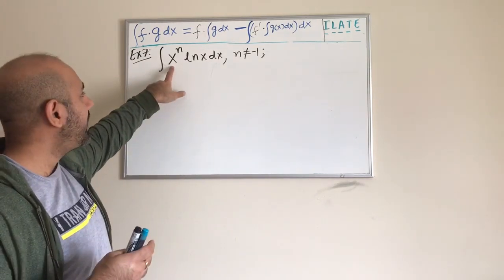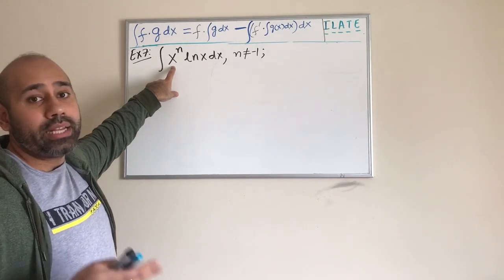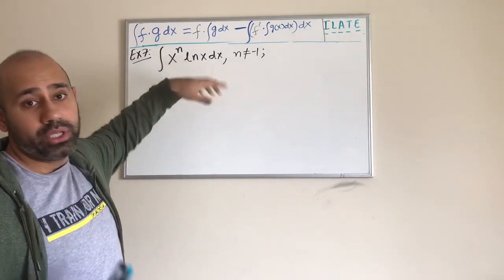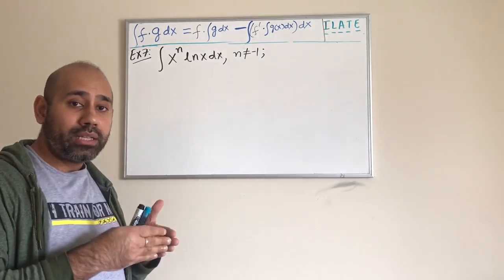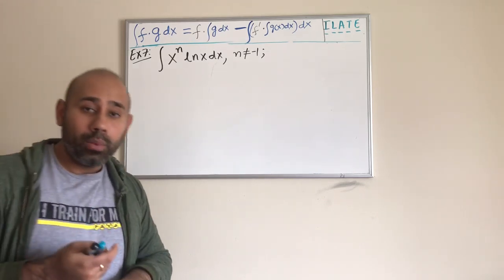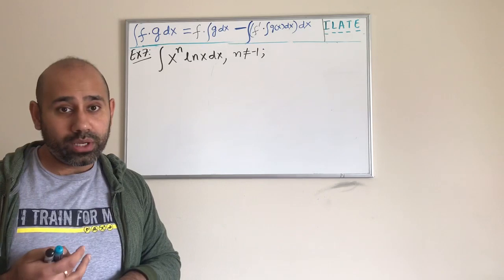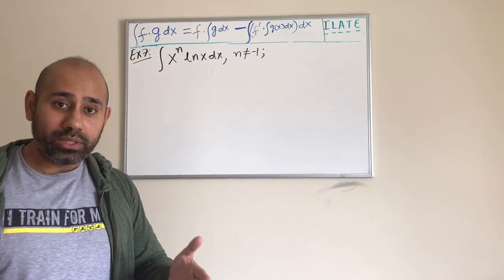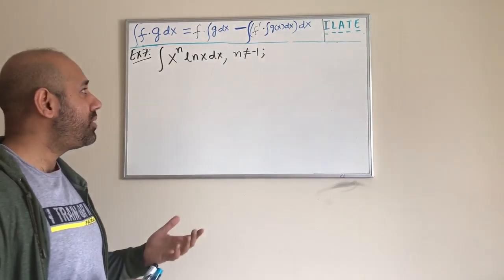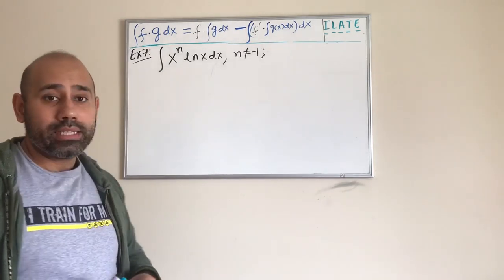Okay, so guys, looking at this function, you can see that it's still a product of two functions. One is x to the power n, which is like an algebraic function, and then there's the log function. Again, before we start working on this, we should verify whether the substitution method works for this, and obviously the substitution method is not going to work for it. There's no direct way of evaluating this integral,